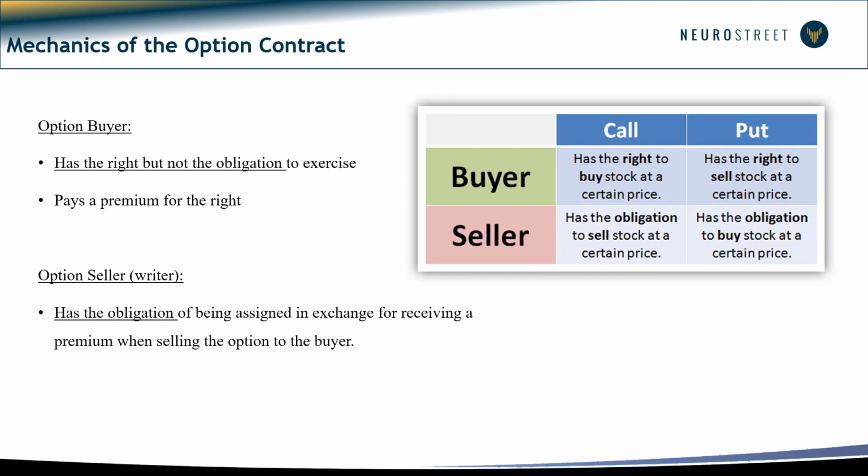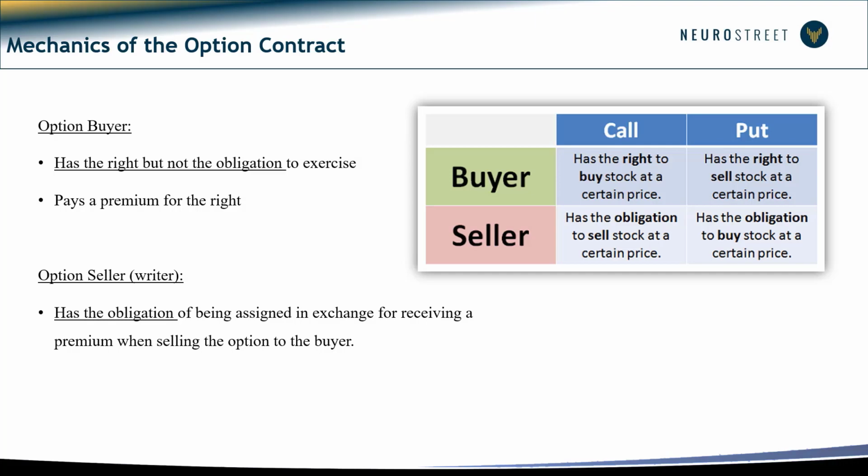A buyer has the right but not the obligation to exercise the option. A seller has the obligation of being assigned in exchange for receiving a premium when selling the option to a buyer. This is where a lot of traders get confused, because we can buy options,